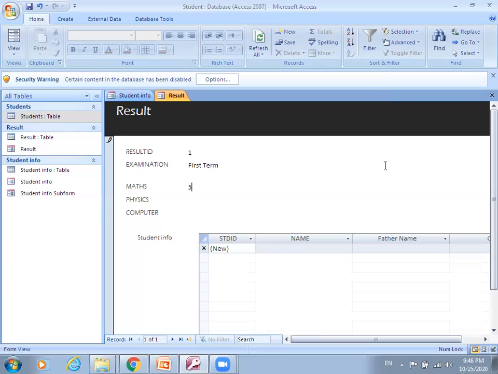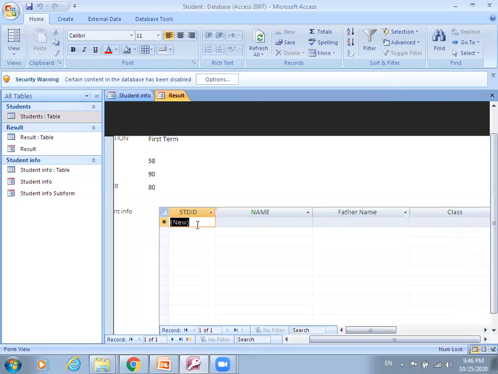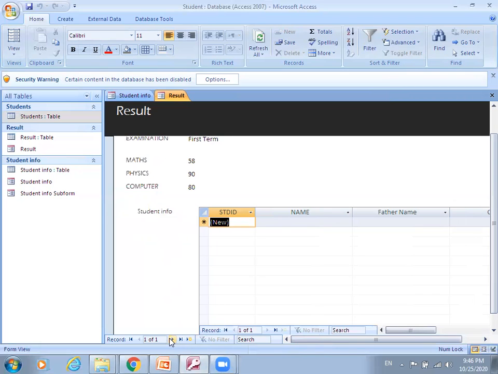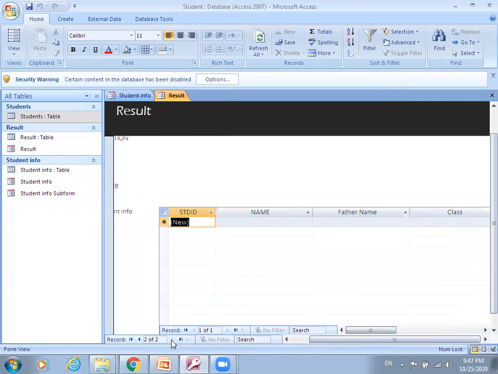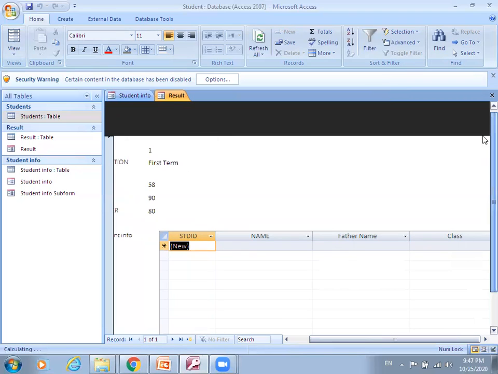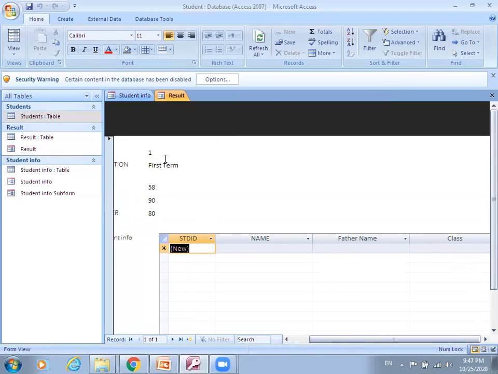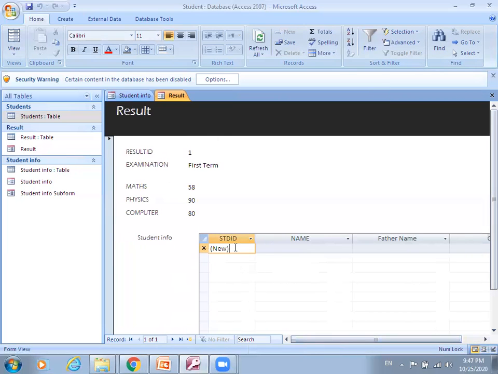Now here you can mention the marks. Here you can enter the student information. So this is the navigation pane. The next record, the second record, you can navigate. The first record is this. Here we have the first term and these are the marks. Then you can enter the student record here.